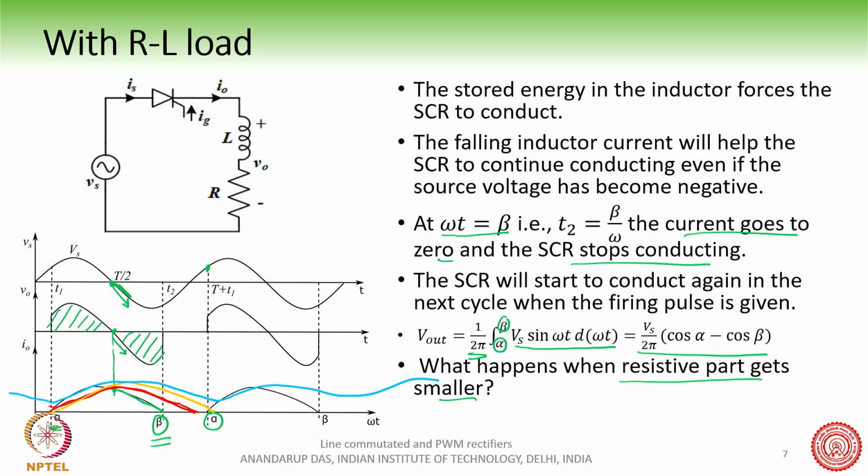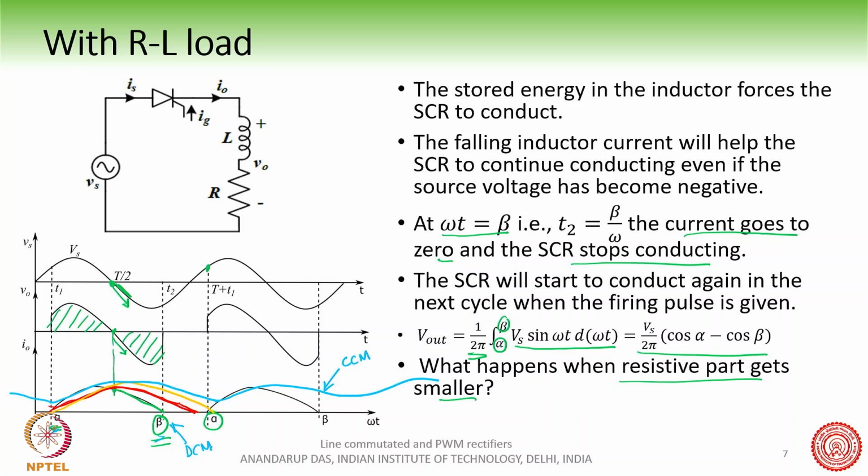Okay, so this type of current is called continuous conduction mode, CCM mode of the thyristor rectifier. You have seen this also in DC-DC converters. So this is the CCM, continuous conduction mode of the thyristor current. And the other operation, where this starts from alpha and ends at beta, is called DCM mode